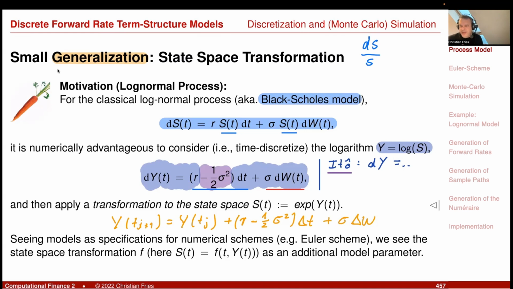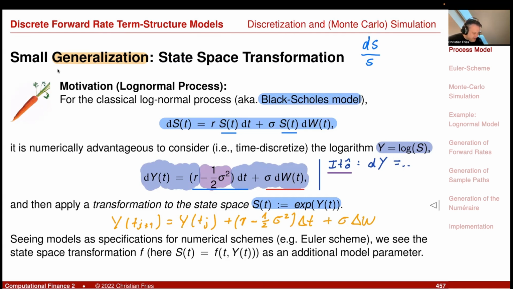Then you just apply the inverse transformation. So you go back and say S is the exponential of y, apply the exponential on both sides. So you have S at the new time point is the exponential of y of tj plus r minus 1/2 sigma squared delta t plus sigma dw, which gives you then the log